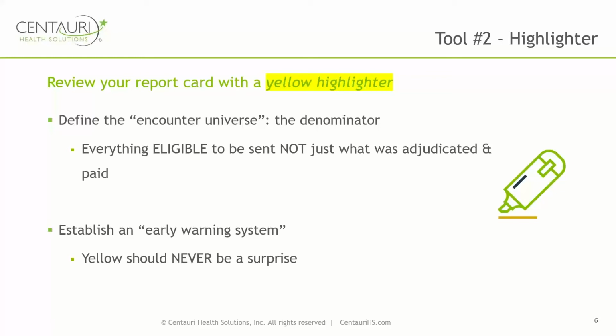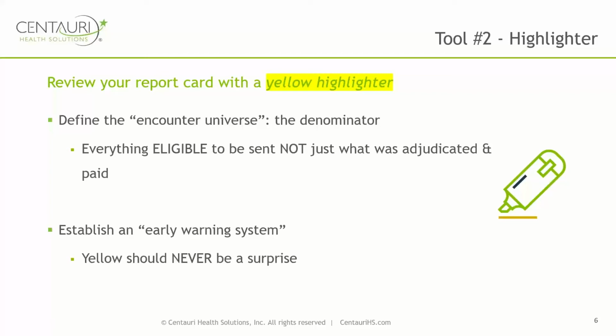For example, claims volume that is rejected by the clearinghouse, held in pended status, not auto-adjudicated, sent out for internal review, held for appeal, etc. So these are claims that are outside the normal average workflow, might not show up in the denominator, and give a plan a false sense of submitting complete data when they really aren't. Look at every input into the universe from the start of the revenue cycle to the end, not just what resulted in being paid or denied. Also, incorrectly accounting for duplicates and adjustments can affect the universe, as can incorrectly accounting for supplemental data submissions.